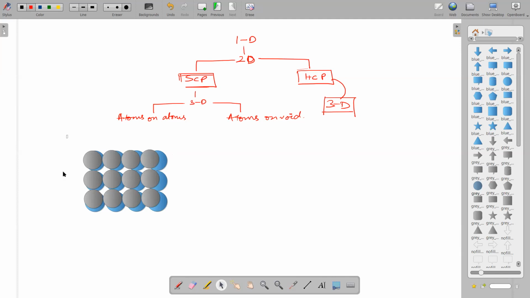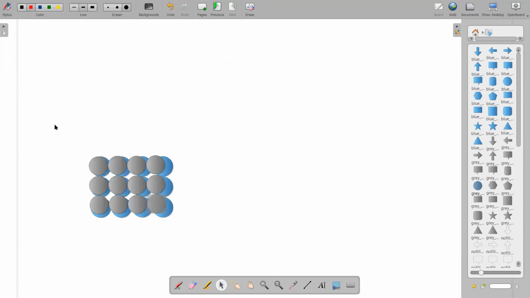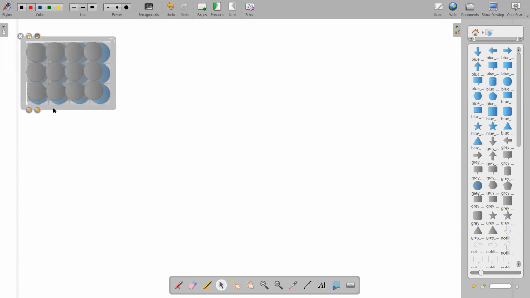So now we will look at this particular structure, and we will name it, and then we can calculate its packing efficiency, and after that we can calculate its coordination number, the relation between a and r, and then its Z also. And first of all we will have to look at what its unit cell will be, the most important thing. Okay, so I have got the structure here.